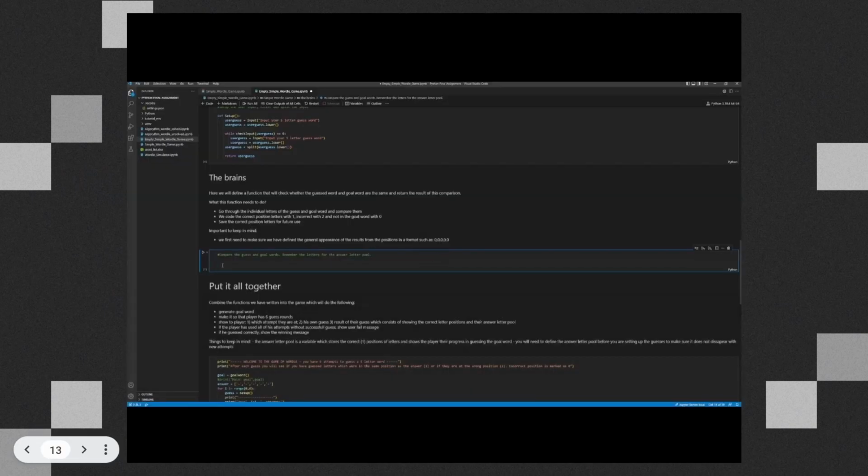So now that you have tried your best to do this section, I will show you how we approached this problem. So first we define a new function that is called check result. And this function